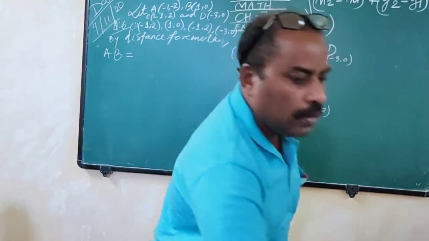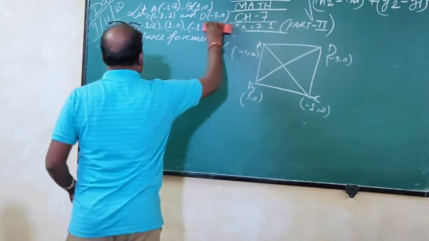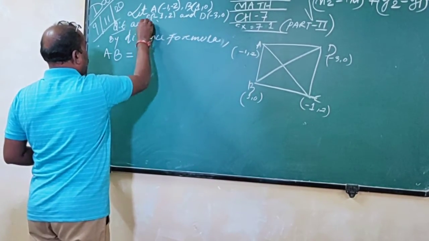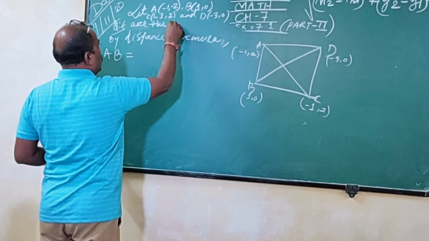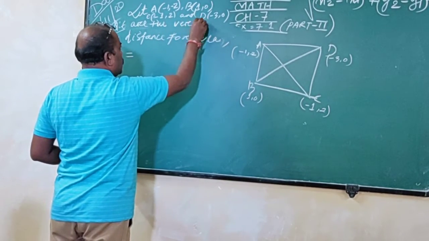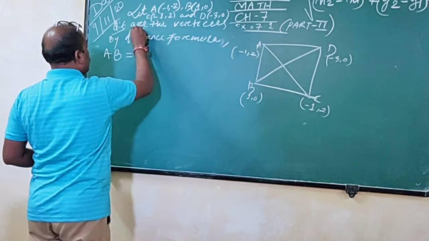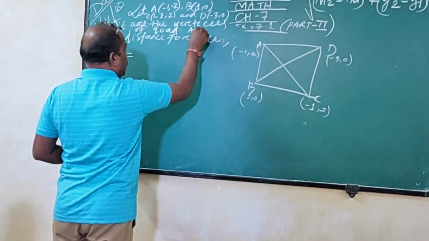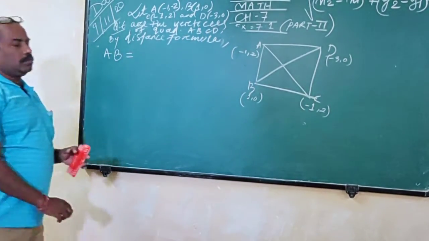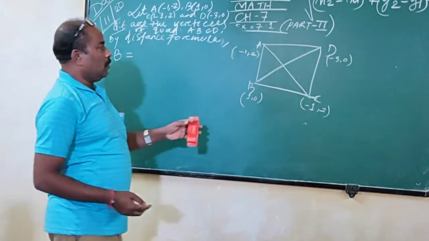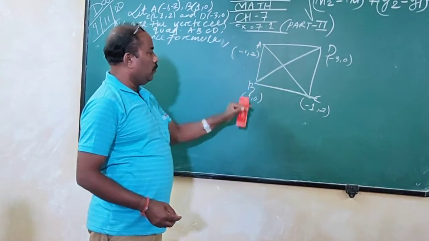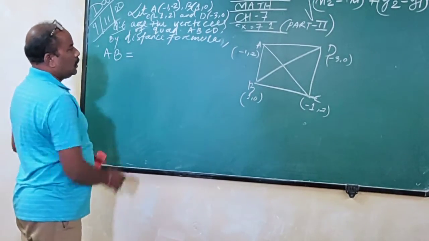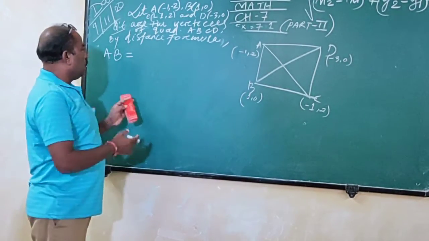are the vertices of quadrilateral ABCD. That we have to write, because we have to mention that this is A whose coordinate, B whose coordinate, C whose coordinate. Okay. Now, by using the distance formula, we have to find out